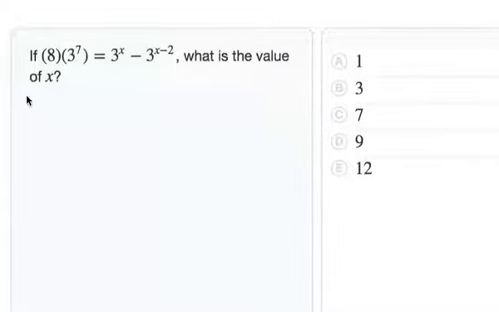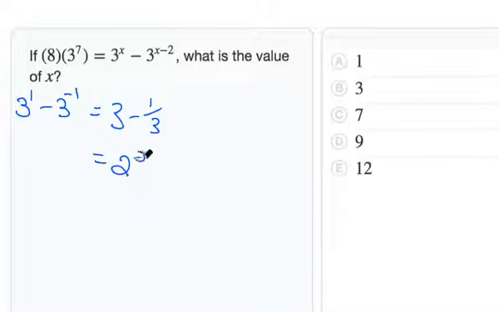So plugging in when x is 1 on the left-hand side, we'll have a 3 to the 1 minus 3 to the 1 minus 2, which gives us negative 1. And let's go ahead and simplify this. So 3 minus 3 to the negative 1 we can rewrite as 1/3. And combining these guys, we have a 2 and 2/3. Now comparing this to 8 times 3 to the 7th,